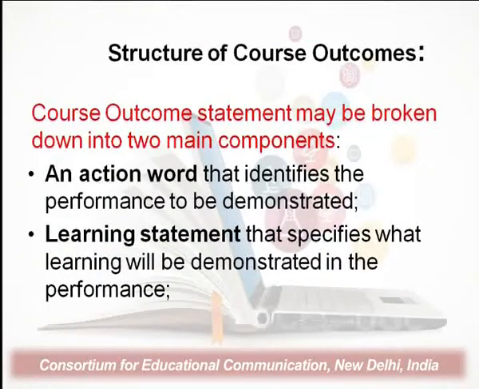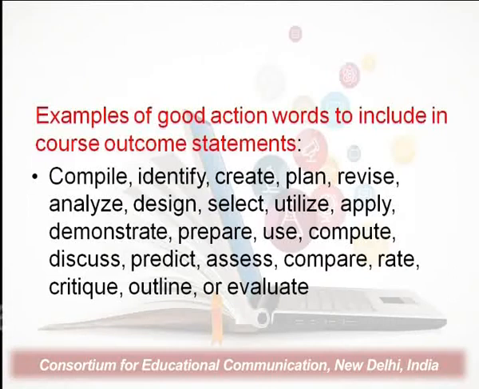On to the structure of the course outcomes. The course outcome statements may be broken down into two components. Let us see these two components. An action word that identifies the performance to be demonstrated, and the learning statement that specifies what learning will be demonstrated in the performance. Examples of good action words to be included in the course outcome statements are: compile, identify, create, plan, revise, analyze, design, select, utilize, apply, demonstrate, prepare, use, compute, discuss, predict, assess, compare, rate, critique,